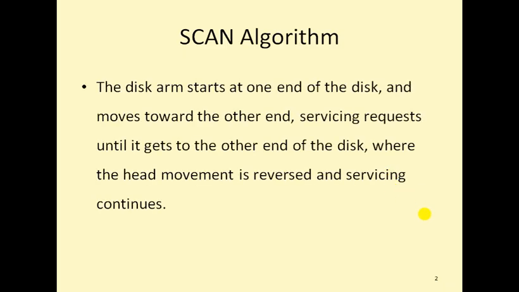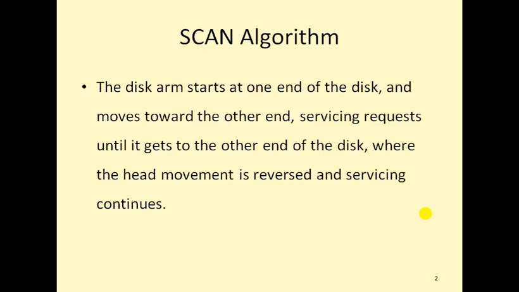In the SCAN algorithm, we know initially where the head is positioned. From that position you can move towards the right side or the left side. There are two ends. We can move to either the left end or the right end. You go all the way to that end, visiting all the tracks available in the queue. Then from the last point you start again in the opposite direction and visit all the tracks available in the queue.